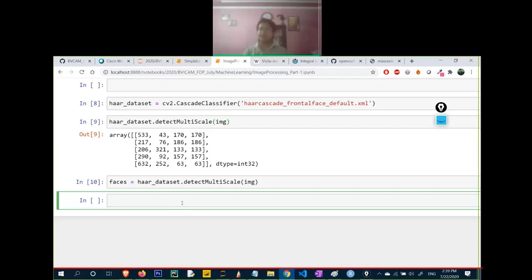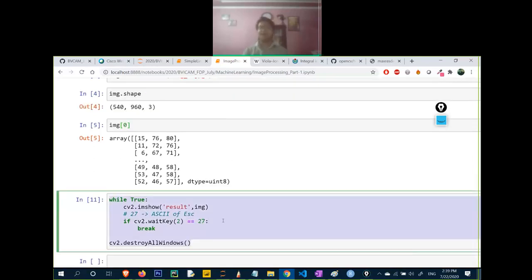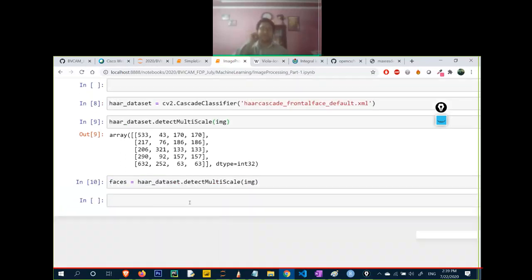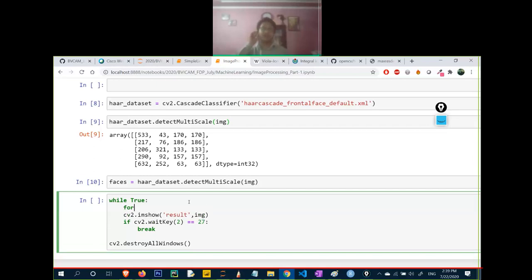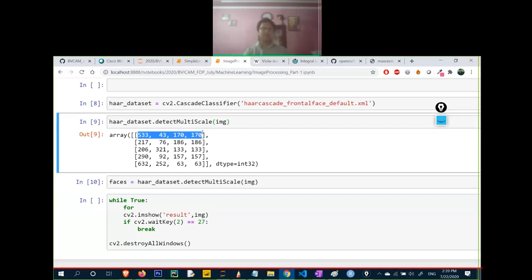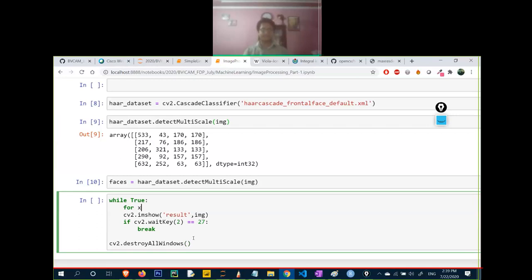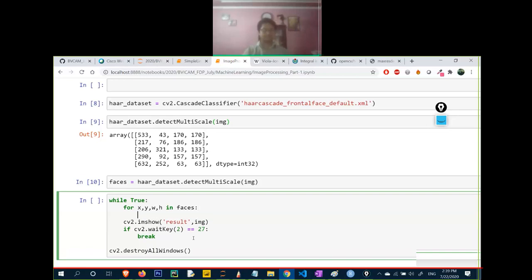We'll see. So copy this code, paste it here, and write down for now these 4 parameters: x, y, width, height. It is saying I have found 5 faces, and these are the x, y, width, and height of each face. So I will write for x, y, width, height in faces, cv2.rectangle.